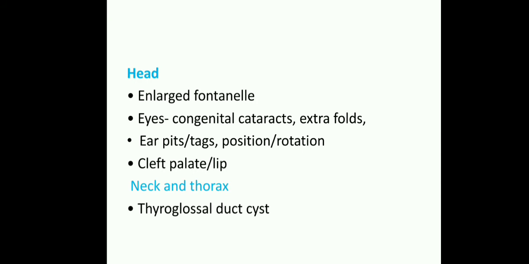And you have to check the head of the baby. Okay, in the dysmorphic child you have to check the head, whether the fontanelles are enlarged or not, whether there is a congenital cataract in the eyes, and whether extra folds are there or not, everything you have to check. In which case the extra folds over the eyes are there? Means congenital genetic problems like Down syndrome and congenital defects. That time the extra folds may appear in the eyes.